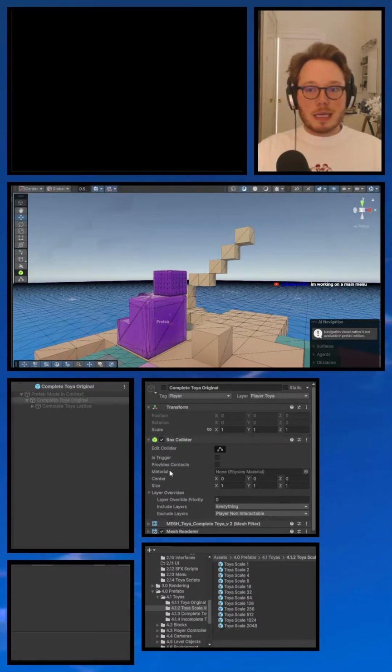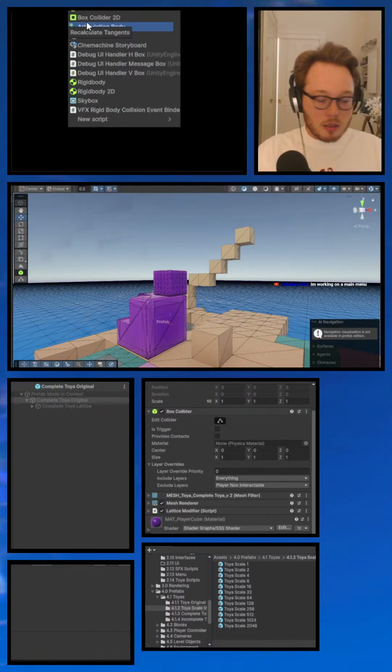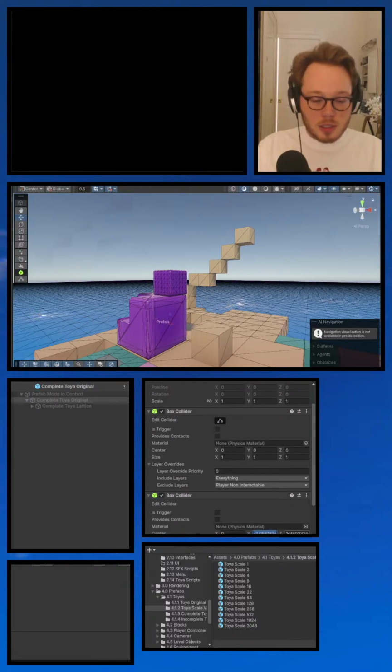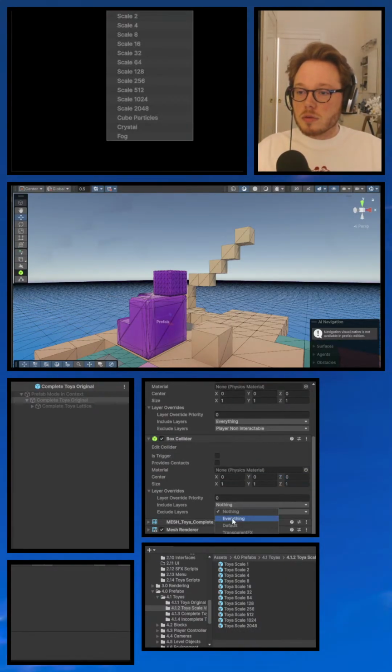All right, fine. We'll do it the stupid way for now, and if I think of a better way later, we'll do that. The stupid way is I'm going to add another box collider. Main menus are great, I love working on main menus. And it's going to be at the center. I hate floating point errors. Just be 0. And it's going to include everything except player non-interactable and all this other stuff.